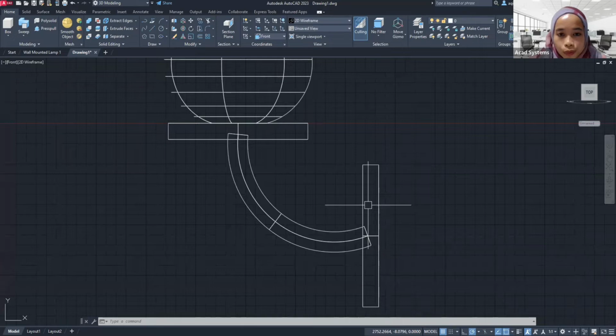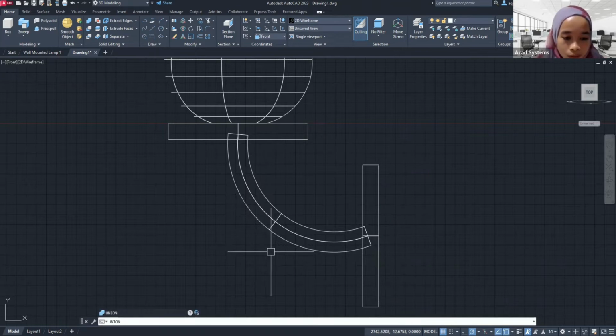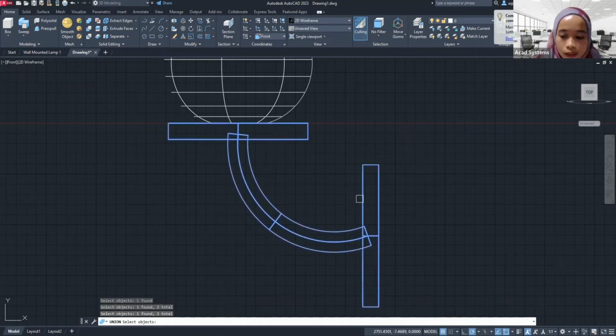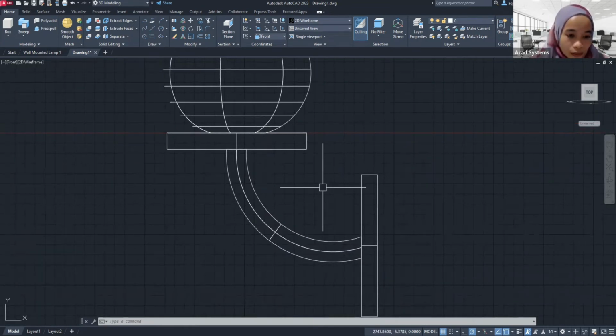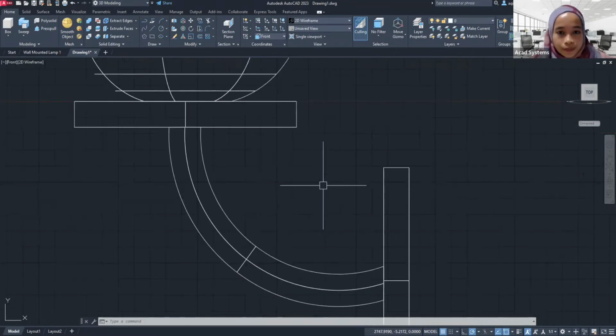But I want to merge these three by using union. Type in union, enter, and then select object, which I will select these three objects and enter. And right now I get the merged profile, which is I merged these three objects into one object. Alright, into a single part. Alright, and then next